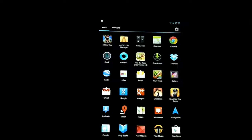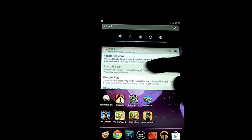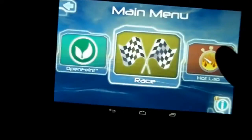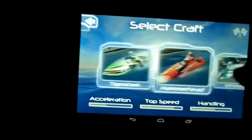Okay, we'll move on to games. In terms of games, I will just say it's amazing. All the games I've tried so far, it plays flawlessly. So to start with, we'll try Riptide GP, and this is optimized for Tegra 3, which is obviously Nvidia's chipset that is in this tablet,